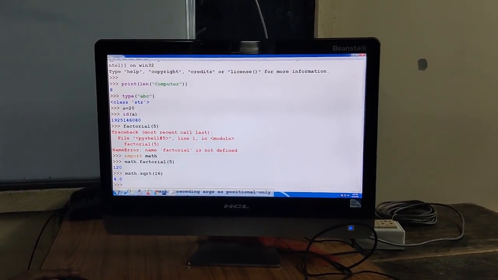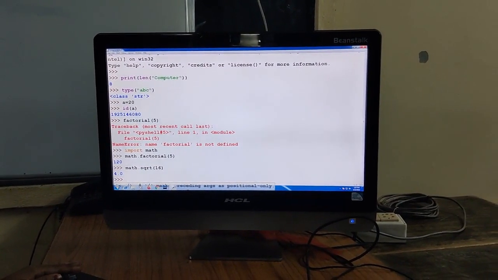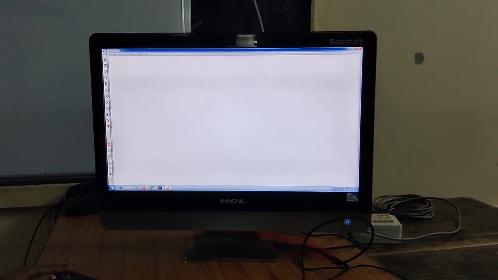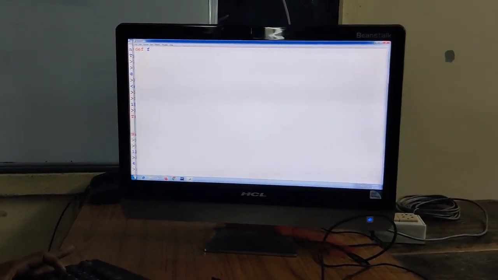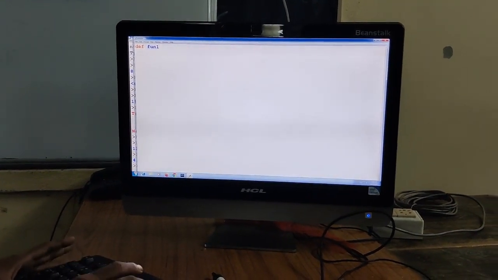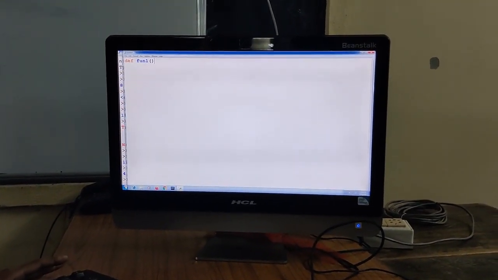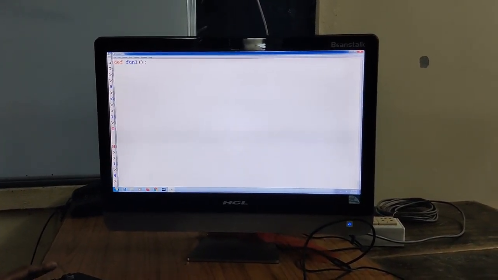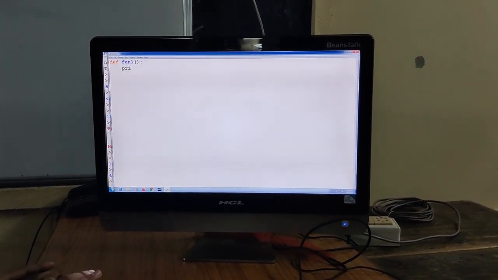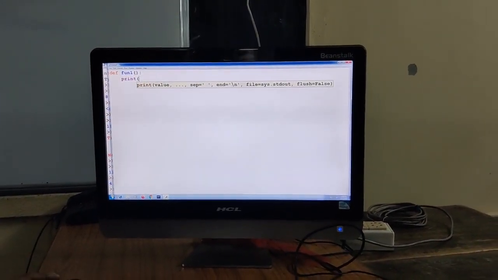So to describe the user defined function, I have to just open a new file, and here I want to write the concept of user defined function. Here, students, how will you define your own function? That is with the help of the def keyword. After the def keyword, you have to write the function name. So the function name is fun1, and here parenthesis start and close. After that you have to put one colon sign. Then whatever you want to do, here I want to print one simple statement, that is print hello students.